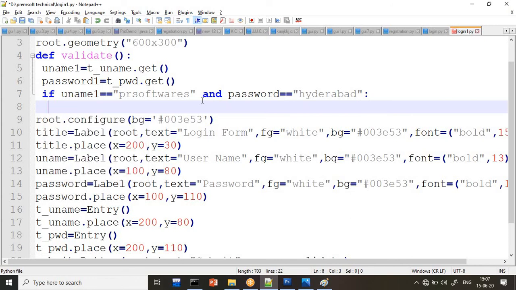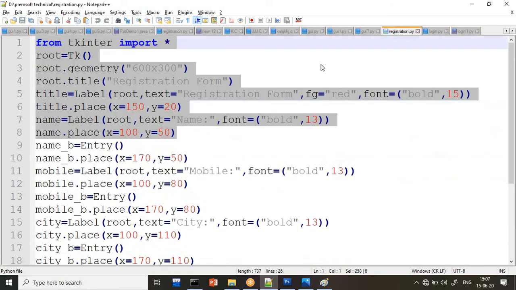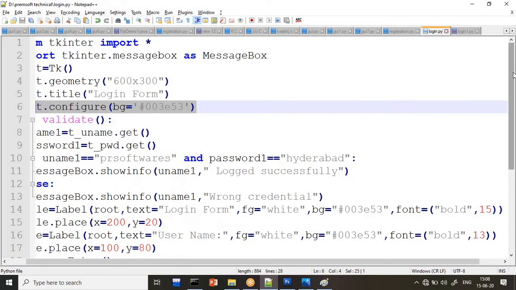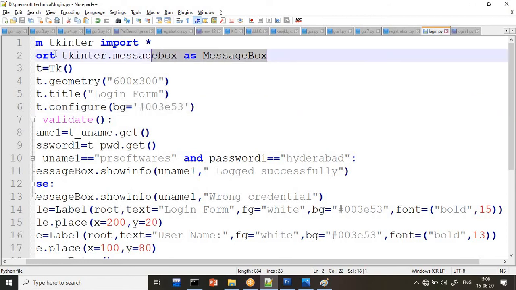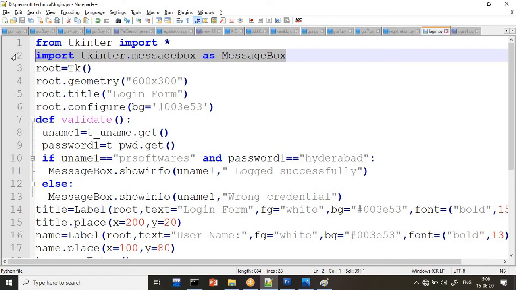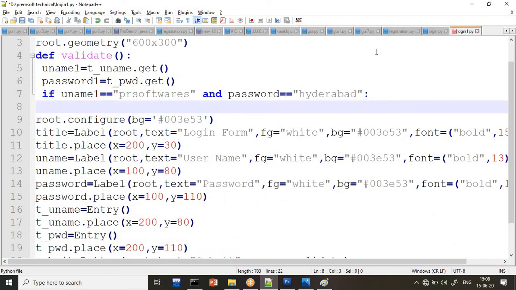Now one more thing, guys, if you want to give prompt messages, you must import one module, and that module name is tkinter.messagebox. Compulsorily, if you import it, only then you can call it. So I am just copy and pasting this.